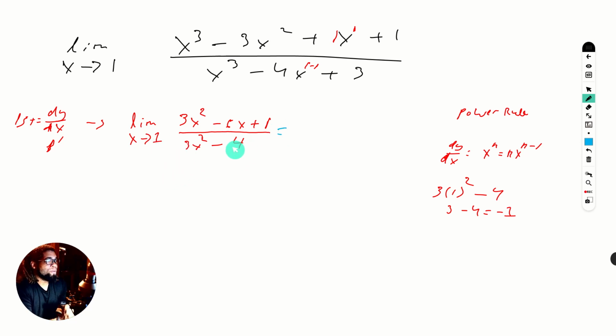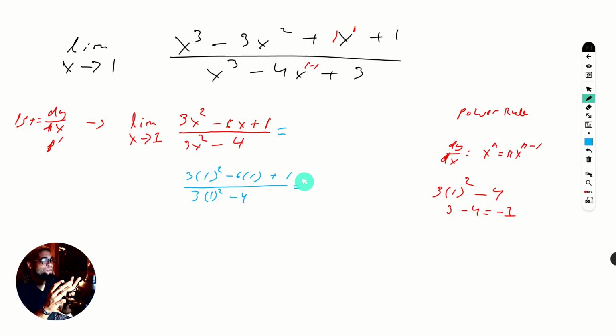This is where it gets simple. All we're going to do is plug in our x value for the rest of the problem and just do the math, and then it's over. Okay? Like I said, pretty simple stuff here. You see, if you're in a calculus class, to get to this point, yeah, you have to do some struggling, right? You got to learn the other ways. But after that, you find that some of these limits are going to be very simple for you to solve. So now we're just doing basic, you know, I don't know if I even call it algebra, just like arithmetic,